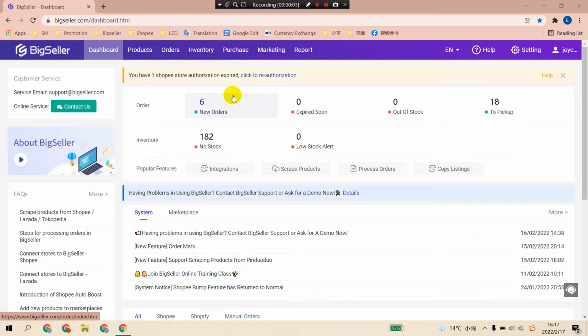Hello everyone, it's BigSeller. BigSeller supports sellers to scrape products from marketplaces, then edit and upload the scraped products to